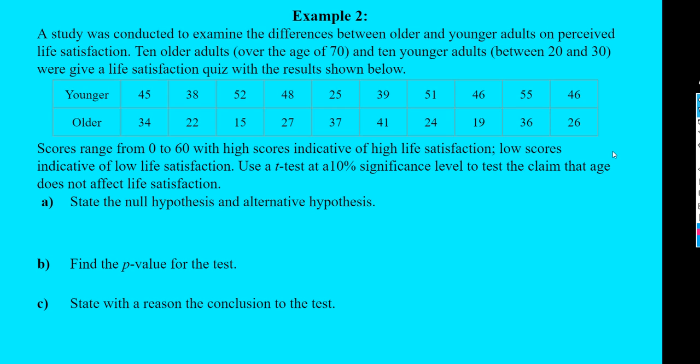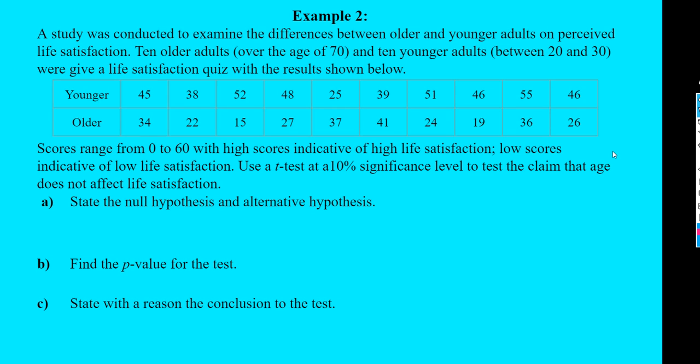So let's read this problem. A study was conducted to examine the differences between older and younger adults on perceived life satisfaction. 10 older adults over the age of 70 and 10 younger adults between 20 and 30 were given a life satisfaction quiz with the results shown below. And then we can see the actual 10 results for the younger participants in this table in that first row, and then the 10 scores for the older participants in that second